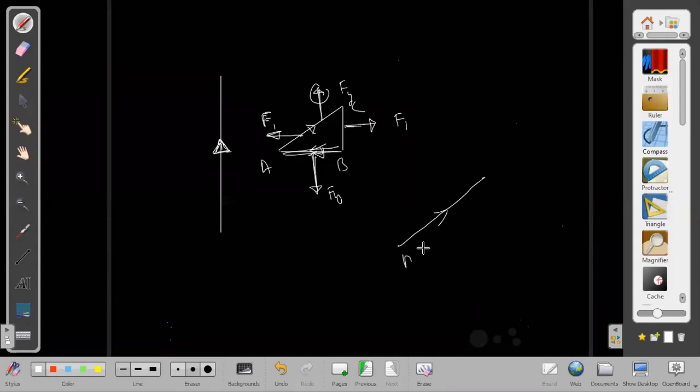If I take from A to C, then I know that the magnetic field is into the plane and dl is this side. So I dl cross B will give me the direction of force, which will be in this direction. So net force is in this direction. If the forces on every element are this way and this way, and net force is in this direction only, then can I get some relation from here? I think yes.